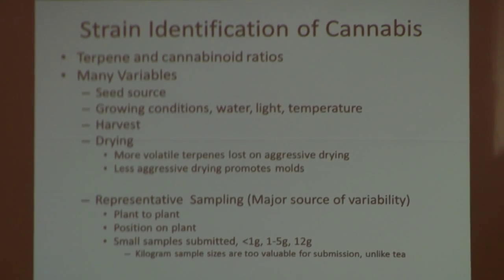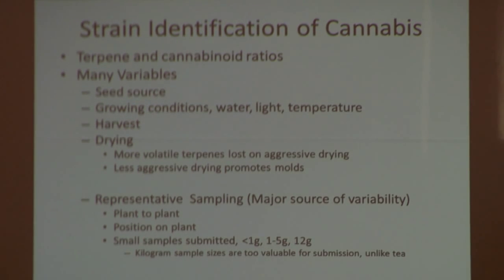If you hang it upside down, or if it gets too warm, some of the more volatile terpenes can evaporate away and be lost. Yet if you don't dry it enough, that leaves moisture in the cannabis, and that can promote mold and